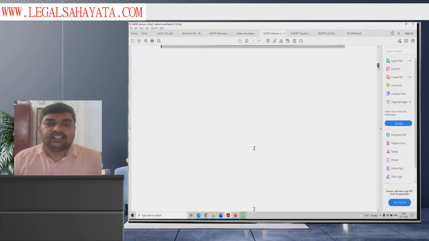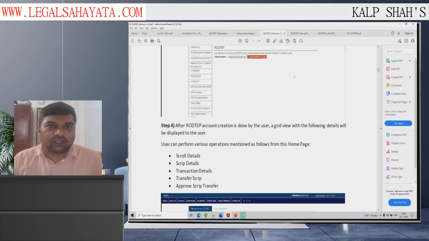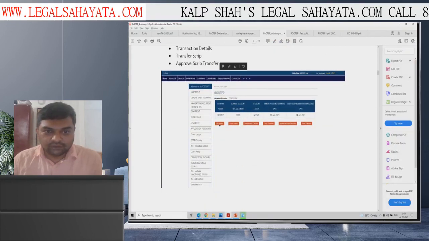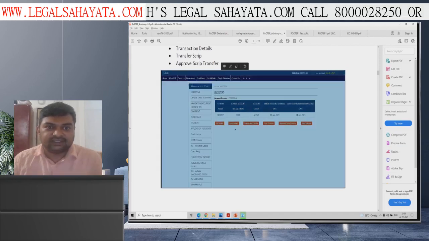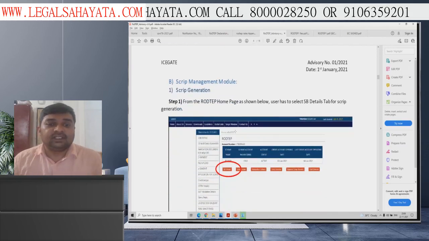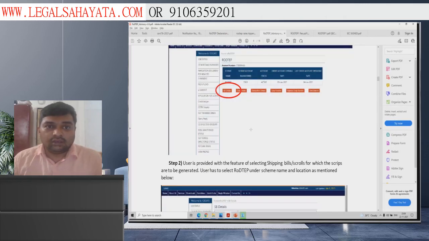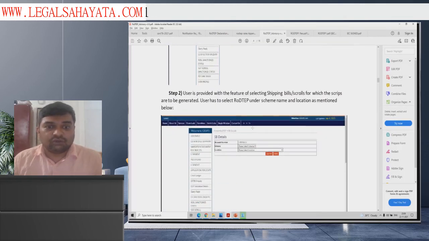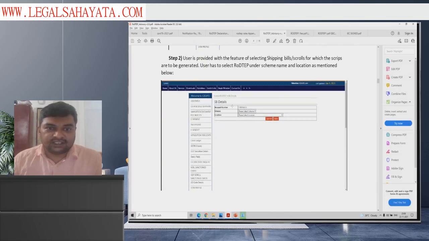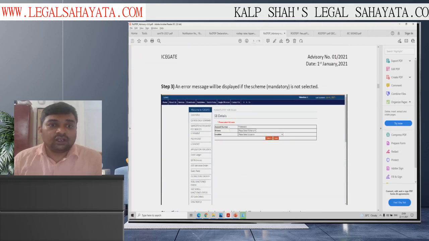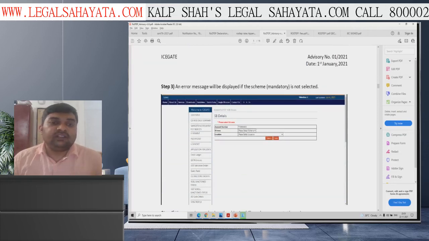The whole process is given in the RODTEP advisory. You need to click on shipping bill details, so all the shipping bills you have filed with RODTEP yes will be shown here, and you need to select the account number, scheme and location, that is the port code, and your scrip will be generated.